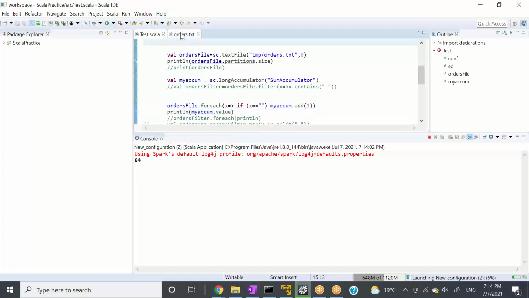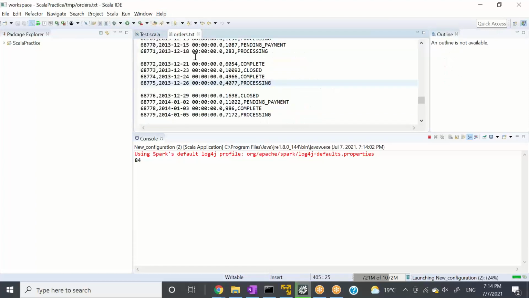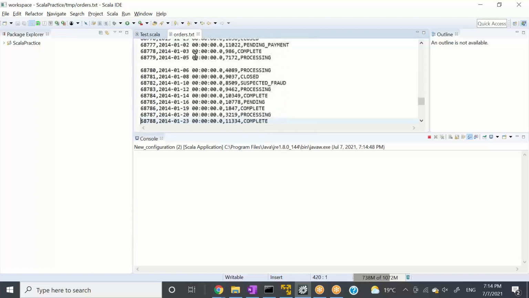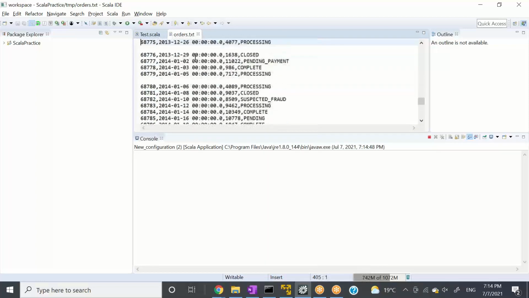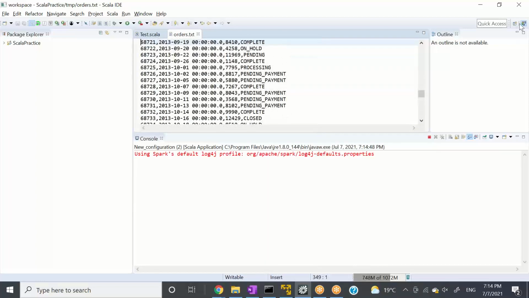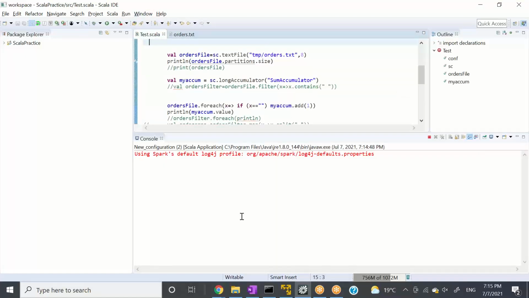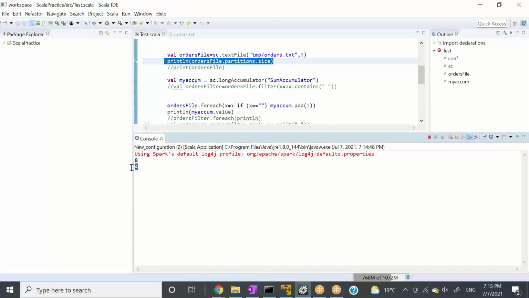Okay, so when we go here, how many lines have we created? 1, 2, 3, and on the top we have one more. That's 4 lines. We have created 4 blank lines, right? So what it is doing for me, first it counts the number of partitions. That has nothing to do with the accumulator, but I'm just showing you. It printed the number of partitions, and then it printed the number of blank lines.